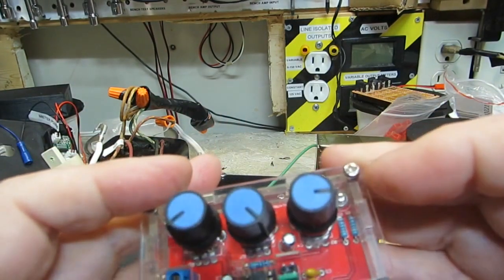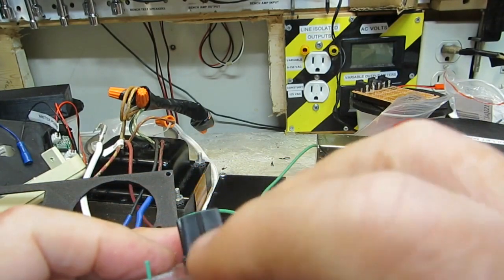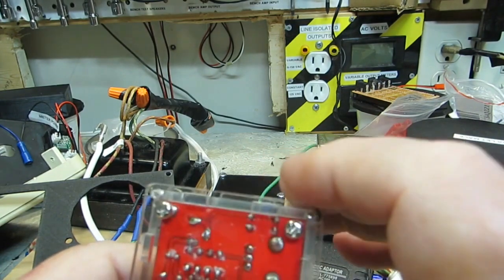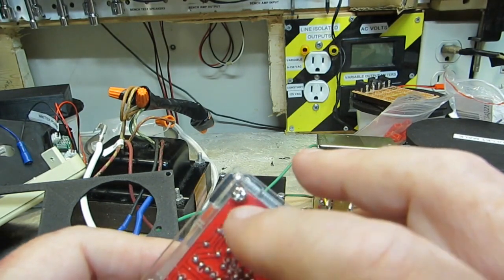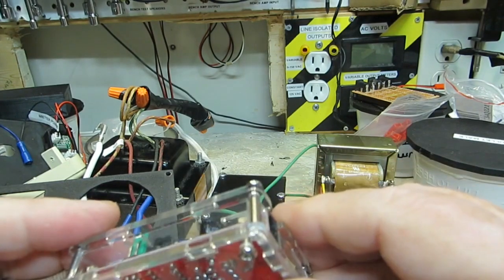This is another one that doesn't have to have a lot done. It will have the power connected over here. I'll have to figure out which ones of these are the power. I think it's this one and this one, because most of these barrel connectors are alike. The front one's the ground and the back one is the hot, and I think that's how that one works